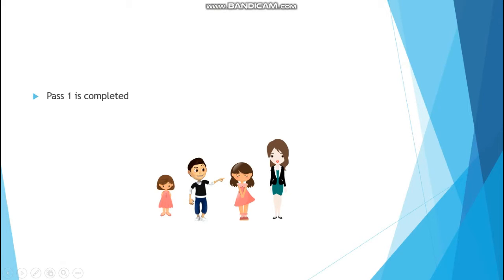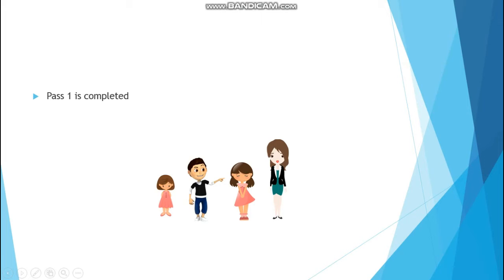But here we can clearly see that all the students are not arranged in the right order according to their height, and we again need to arrange them in the right order. So we will again start comparing the students at position first and second, then second and third, so as to get the right order. So this is how bubble sort works.